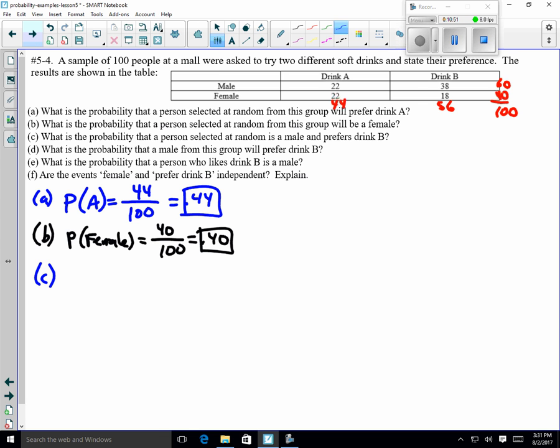C says, what's the probability that a person selected at random is a male and prefers drink B? Okay, so male and B. Well, that's actually a specific place on our table, right? One particular number here. You have to be in the male row, and you also have to be in the drink B column here. So that would be this right here. 38 people are male and prefer drink B, right? 38 people. So it's still a simple